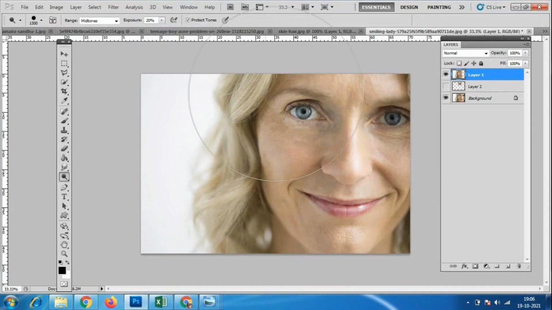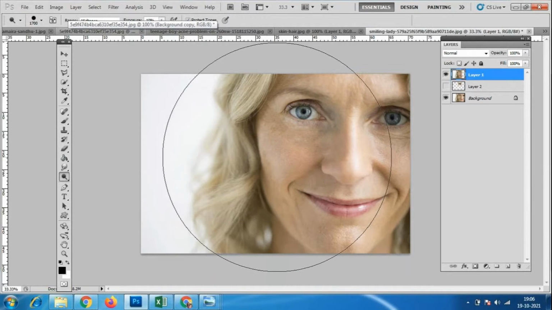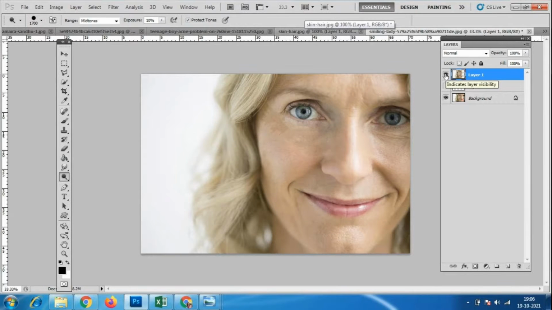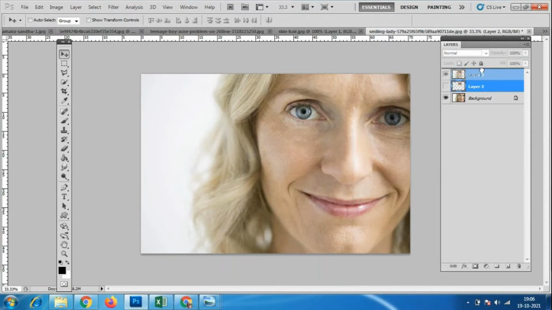Patches will come. 10% exposure I'll give and increase the brush size. Okay. So this is the file. So this is the brighter image. Okay, and here it is with wrinkles, without wrinkle.